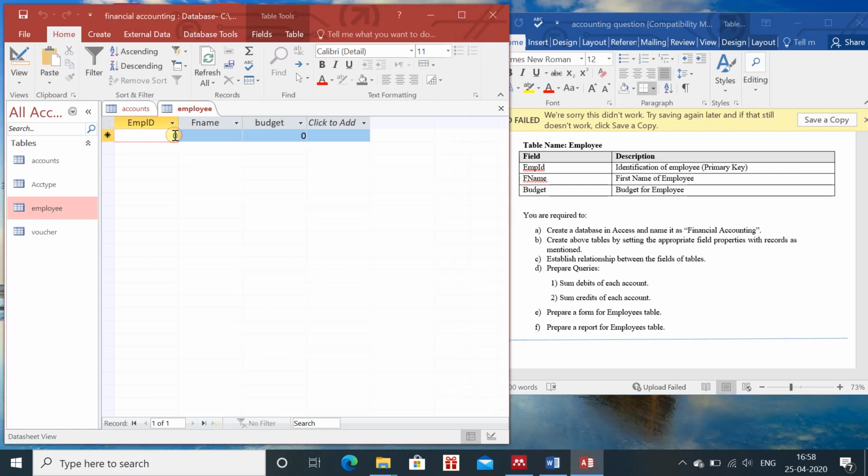So in this case I'm entering, suppose, 1001, Ajay, the budget is suppose 50,000, or you can enter any number, there is no issue. 102. 103.